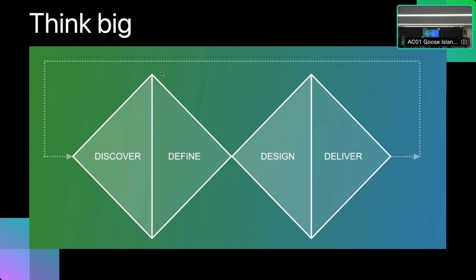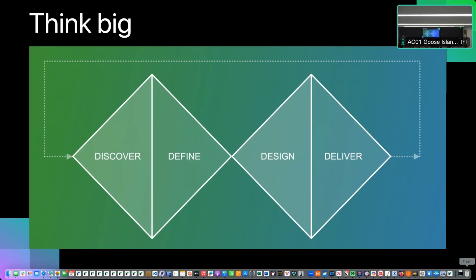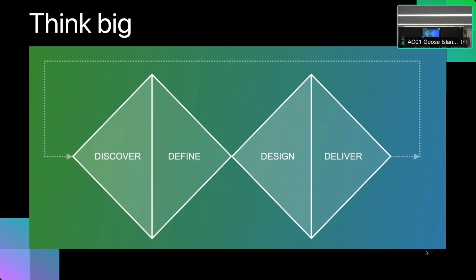And then also think about how you're going to design it and then deliver it. So there's always this thinking of, don't be limited, think big, expand what you can do with it. So in terms of widgets, where could you put them? What uses could you have for them? And then in terms of budget, how many of them can you actually execute on and build, right?